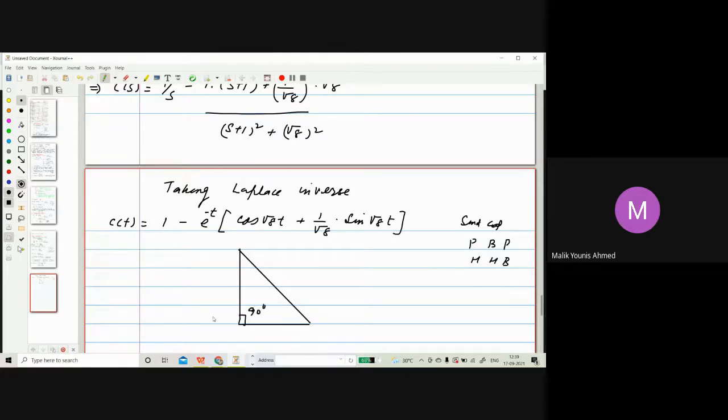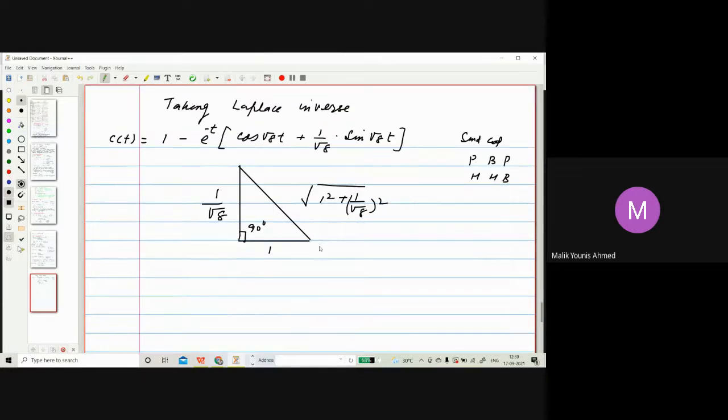90. So what we have, sine is perpendicular by hypotenuse, okay, and cos is base by hypotenuse. So this base is 1, and this perpendicular is 1 by under root 8 we can write here. So hypotenuse we can write as under root of 1 square plus (1 by under root 8) square. Okay, we can write down like this. Okay, here we have